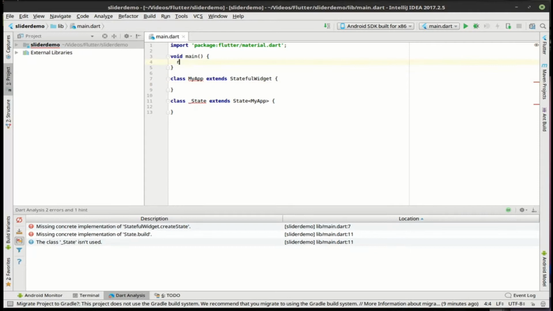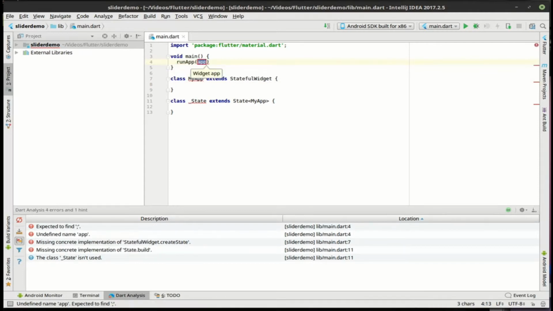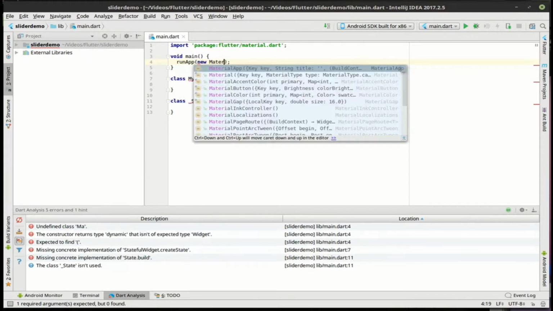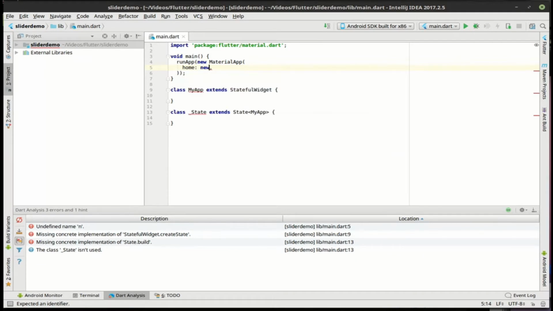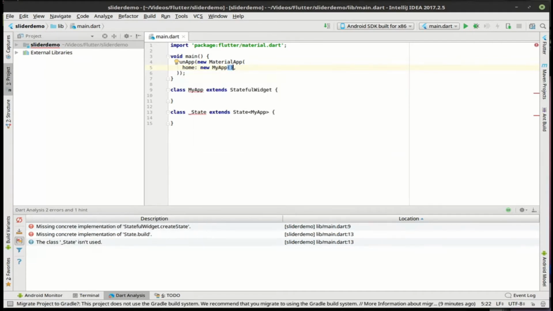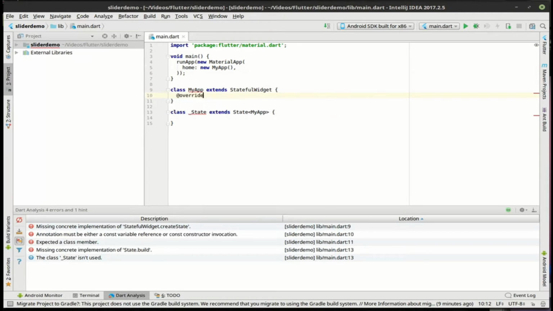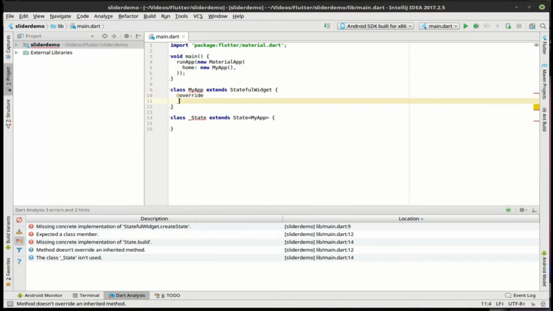So we're going to say run app. I'm going to make a new material app. I'm going to set the home to new my app. And here we're going to just simply override this, and we're going to say